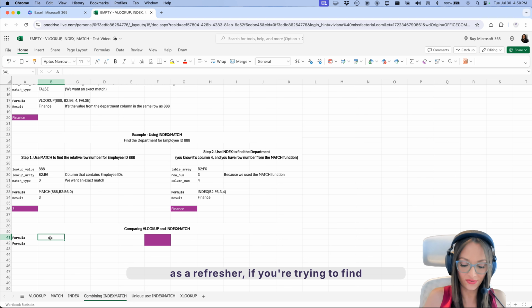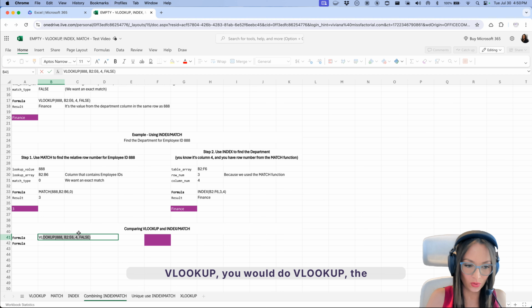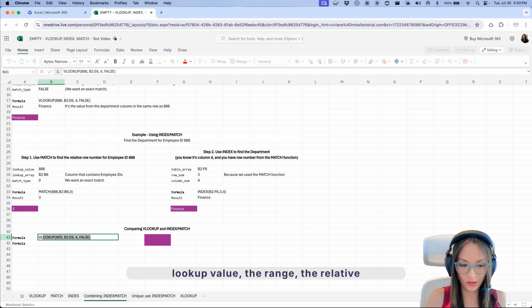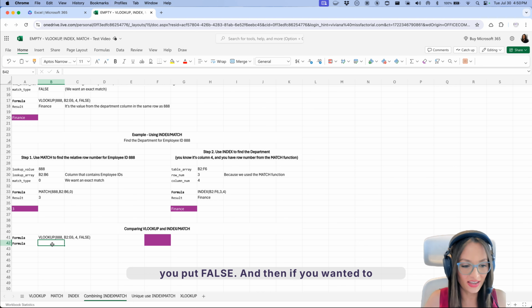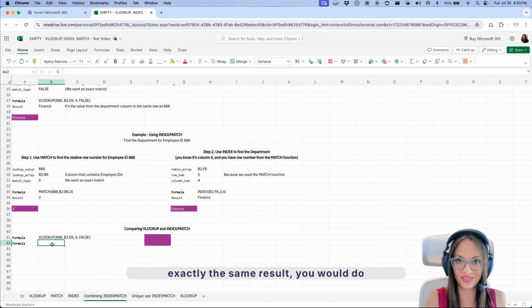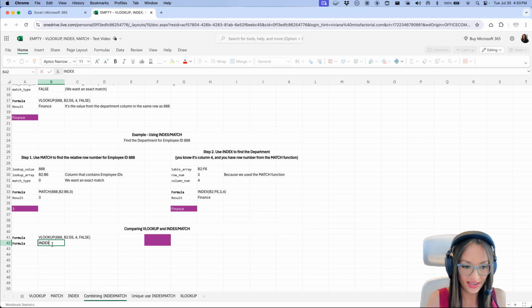Once again, as a refresher, if you're trying to find the department for employee ID 888 as a VLOOKUP, you would do VLOOKUP, the lookup value, the range, the relative column that has the answer, which is column number 4. And you have to say the exact type of match, which is FALSE. You want the exact match, so that's why you put FALSE. And then if you wanted to do it the INDEX MATCH way, to achieve exactly the same result, you would do INDEX